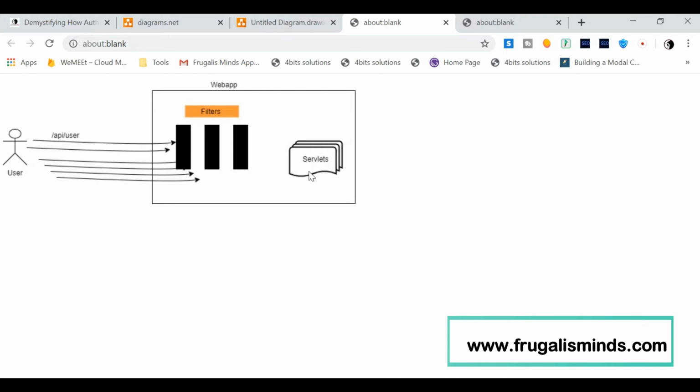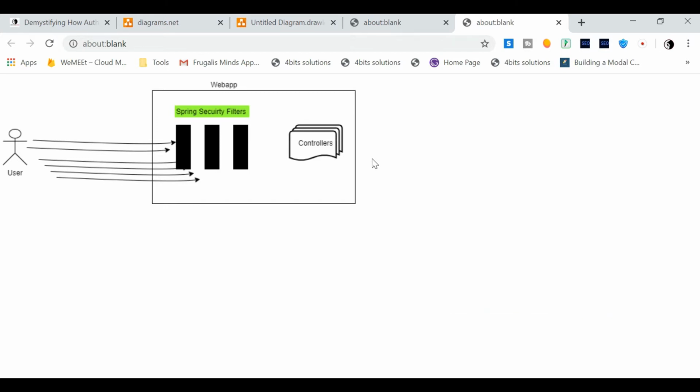Now let's go back to Spring Security, because this is what I wanted to tell you. There are filters that do the pre-authentication or pre-processing. Once you integrate Spring Security in your application as a dependency, Spring Security registers a series of filters.